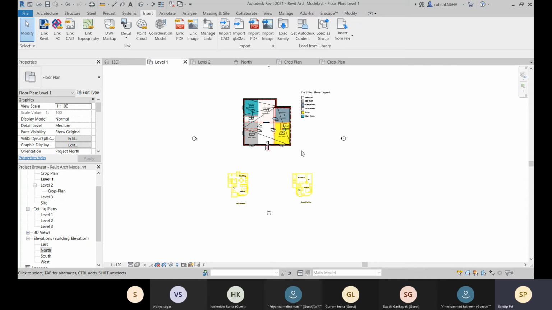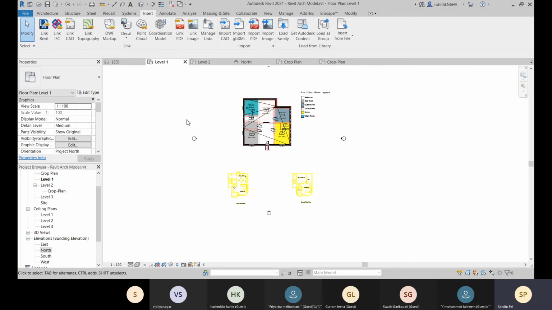So for AutoCAD, you can go for link CAD, and suppose other 3D modeling software like 3ds Max or SketchUp, for that you have to convert them in IFC format. That is International Format for Collaboration, IFC you can choose. Alright, so that will work similar to link Revit and link IFC.